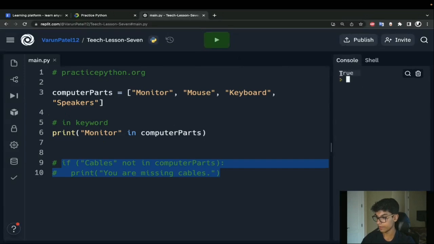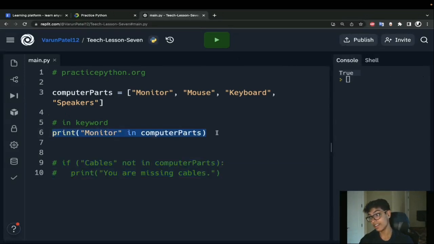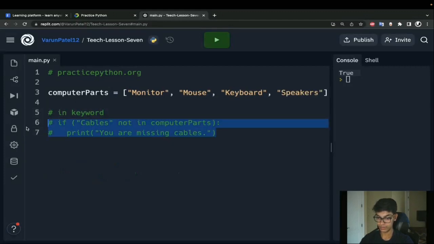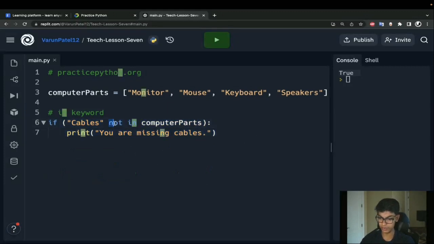it prints out true. And again, the whole idea of true and false in and of itself is mainly used for control flow. It's mainly used for if statements. So this is it existing outside of an if statement, but it's really only used for if statements in the first place. So that's where that in keyword comes into play. I guess the answer to your question is that the majority of the time it's used for if statements and else if statements. That is our in keyword, and you can see how you can use not alongside that.